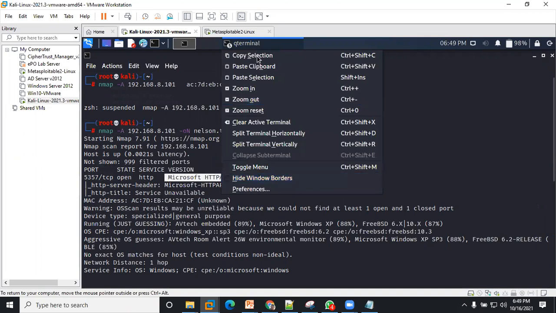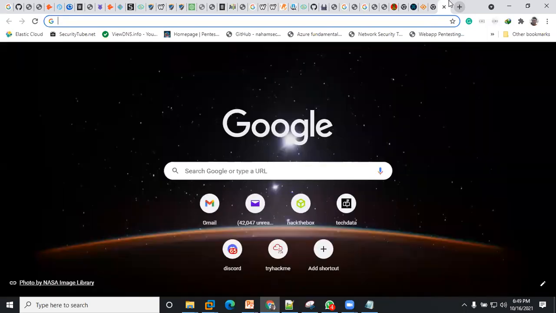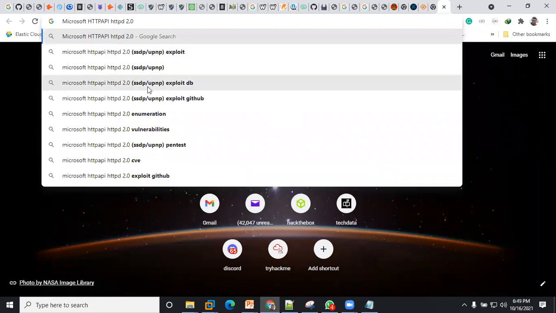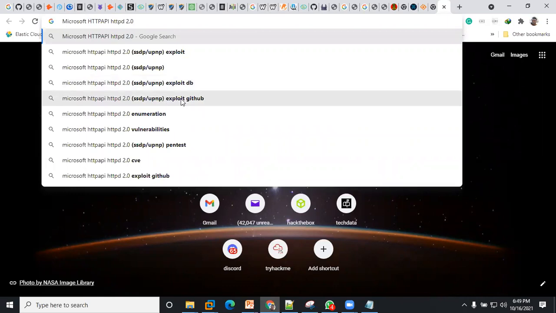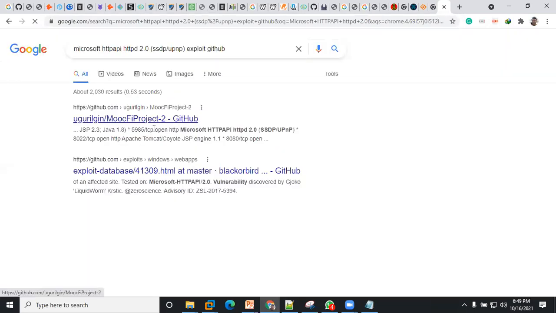Let me just show you guys. I can copy this out and say, okay, is this exploitable? Can I use Metasploit to exploit it, or is there any other way to exploit it? You can see there's one on Exploit-DB. A very good place I used to go to is Exploit-DB or GitHub to see if there's any exploit for it. If there's any exploit for it, read up on it.